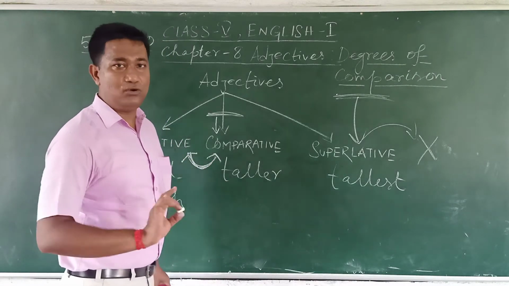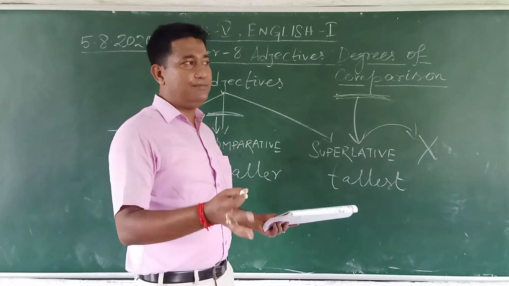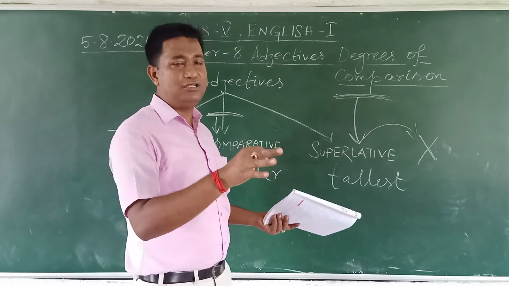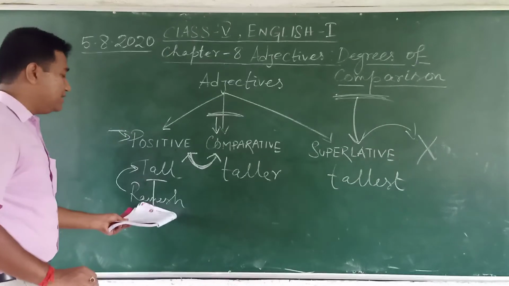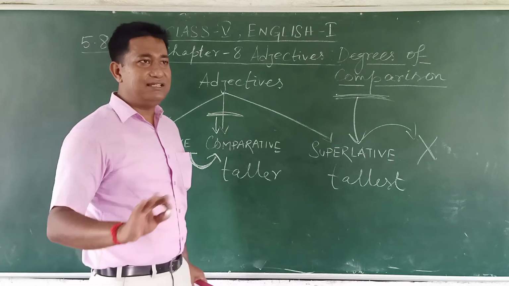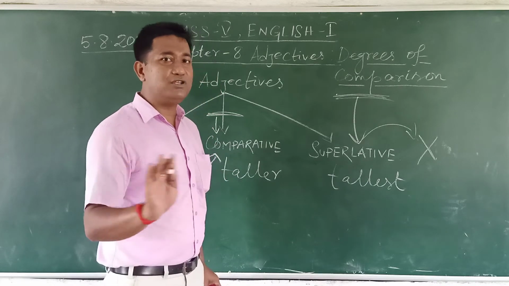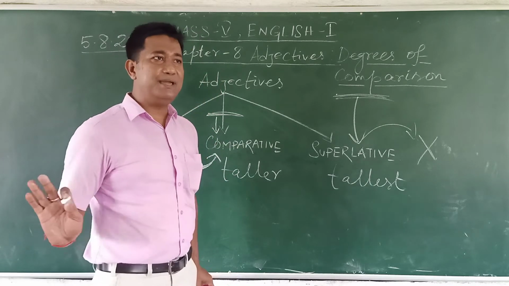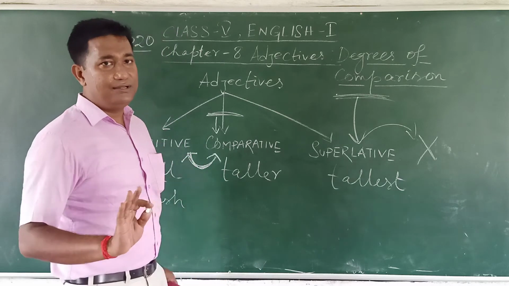Simple thing, simple matter. No need of making it very difficult, with many ideologies, many ideas. Just think of it this way. Ramesh is a man who is tall. So it's a very simple thing. It's the base form of an adjective. It's the lowest form. So positive, normal. It's all about positive and it's the very base form.